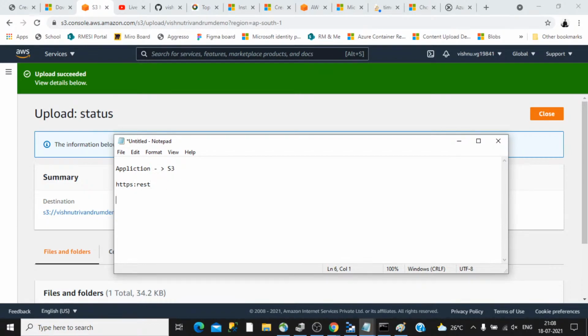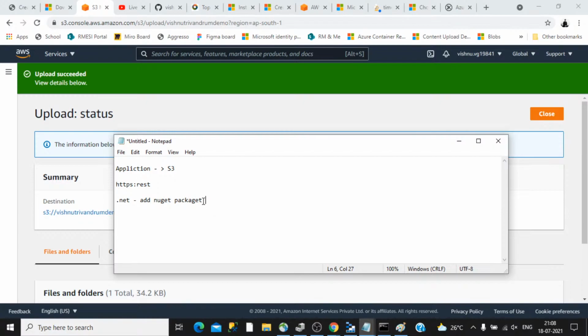Then the other way to access this is to use a NuGet package. If you are a .NET developer, then you can add a NuGet package for accessing this S3, and behind the scenes that NuGet package will be triggering those calls.